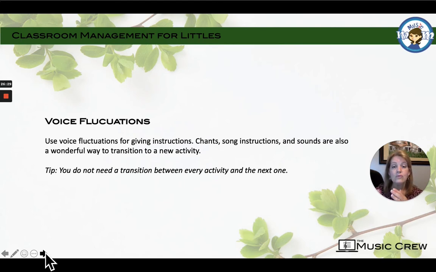And then you learn to use your stand up and sit down song. You get in the habit of it. You write it in your lesson plan. You get in the habit of knowing where to put it in the lesson. And you do just the stand up and sit down song until it feels like second nature to you. Until you don't have to think so hard about it anymore.